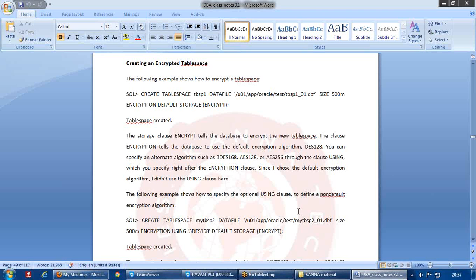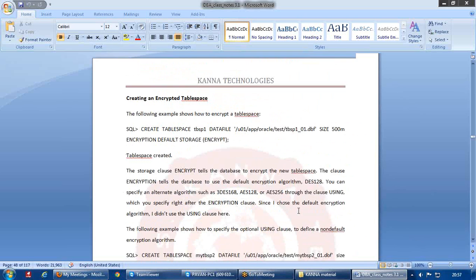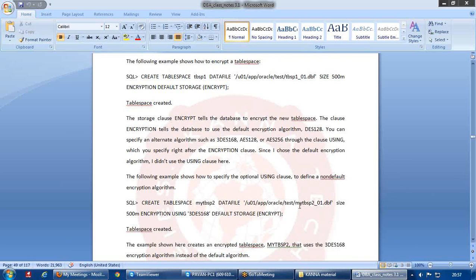Before that, the first two pages talk about the encrypted table space functionality, and if you directly jump into the command, this is the command we are going to use: create tablespace, name, data file location, and then size.